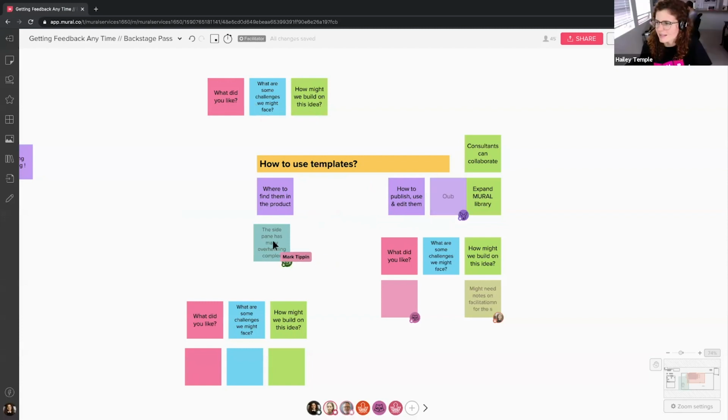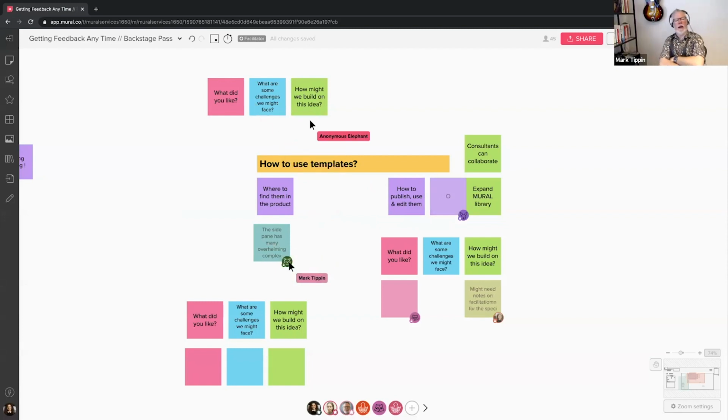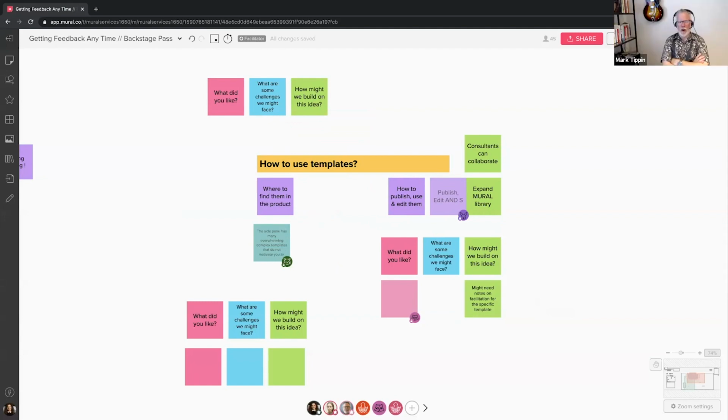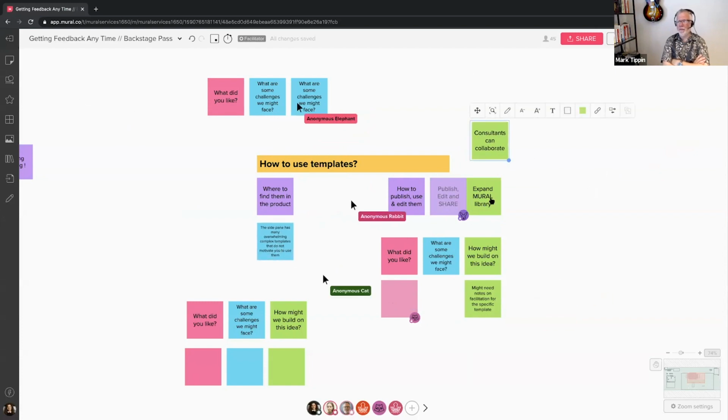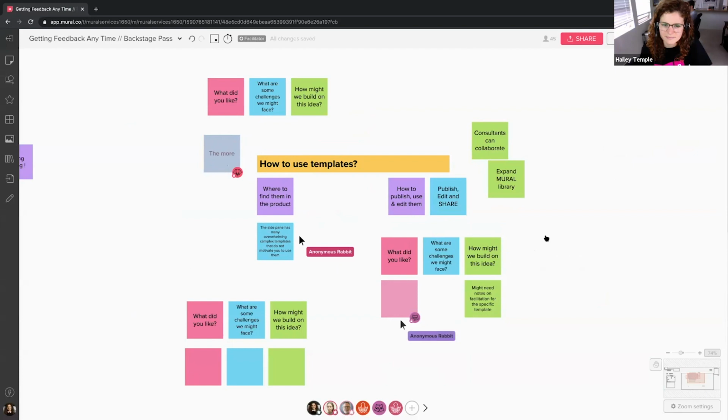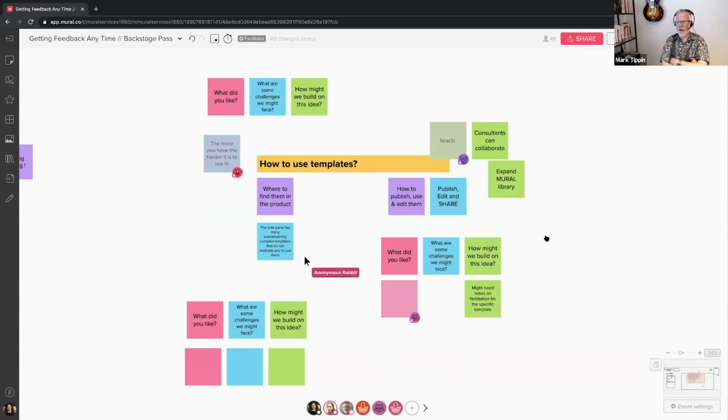Yeah. And right away, I see the anonymous green kitty cat has some useful feedback there. It's like, the side panel, it's overwhelming, complex template. Yeah. It's just, how do you actually find stuff in there? So while we are in agreement that they've got to be found, even the feedback to the product team starts affecting the whole customer experience about how do we sort them? How do we find them? Can I have my favorites? That might be a bud, right?